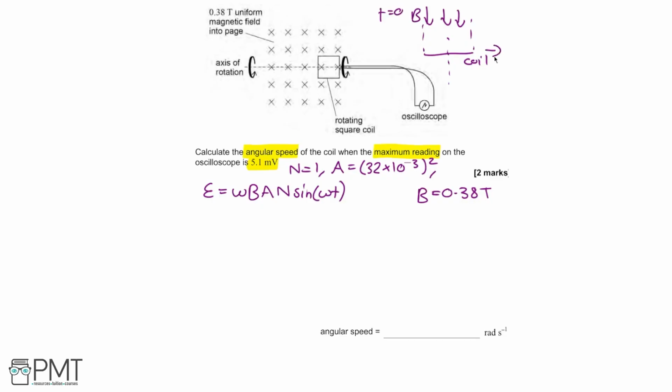Now consider it when it's rotated through 45 degrees. In this case, we can see that now less of the area is exposed to the magnetic flux density. And consider it again after a 90-degree rotation of the coil. In this case, none of the area is exposed. Therefore, it's changing fastest whenever we move between 45 degrees and 90 degrees, as opposed to between 0 degrees and